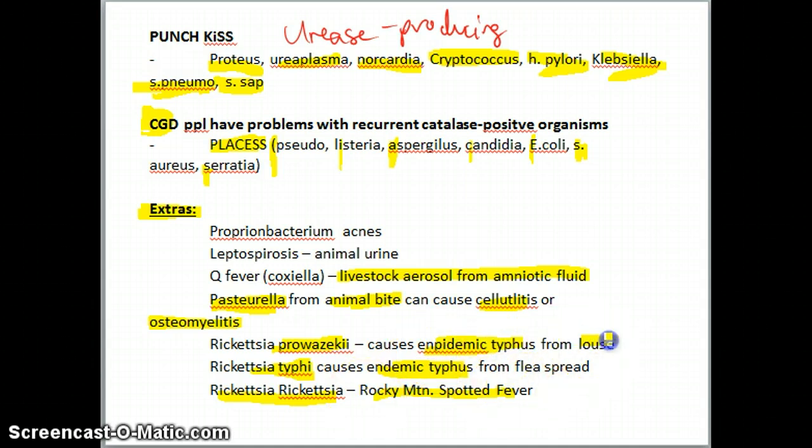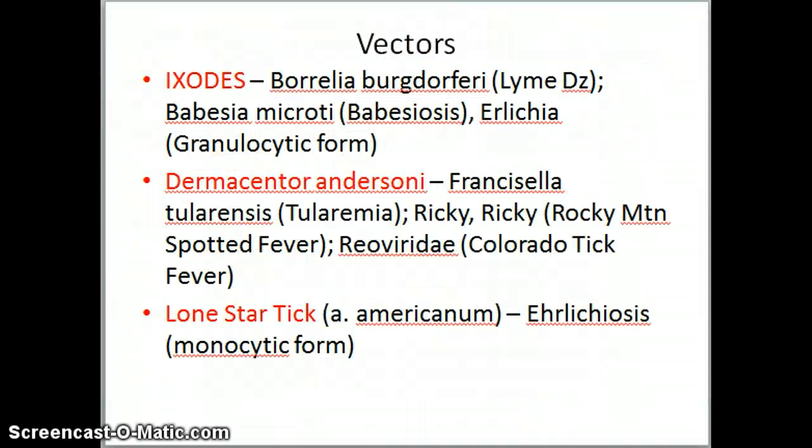And both of these, one's going to come from the louse, which is the single form of lice. The other's going to come from flea spreading. The one about the Prowazekii that you'll want to watch is that it'll be a lot of times a kid that'll get a fever and then it'll go away and then it'll come back. It's kind of a recurrent relapsing fever. Sometimes I've seen that as the recurrent form, actually, Rickettsia recurrent. So sometimes different sources will say different things, but just be familiar with those. It's not that important to where you're going to fail a test on it anyway. And so let's go over some vectors and then we'll wrap this segment up.